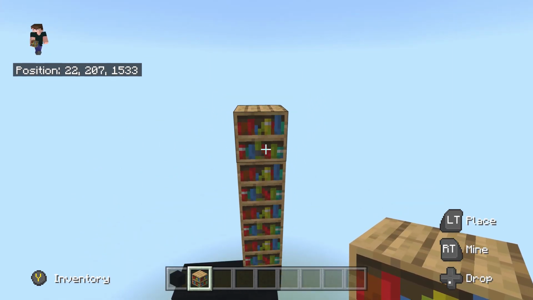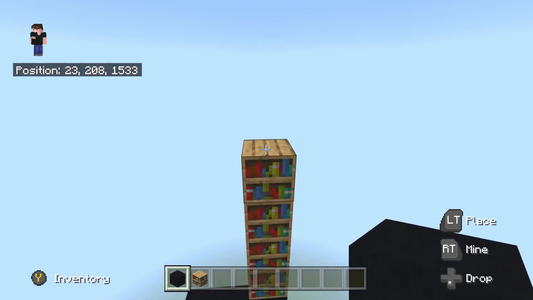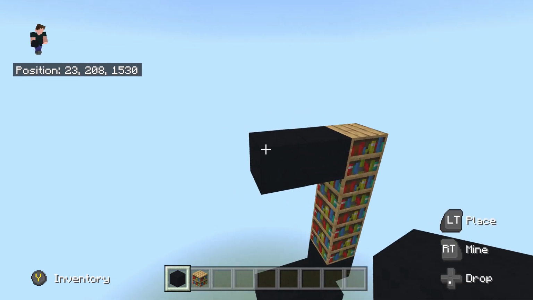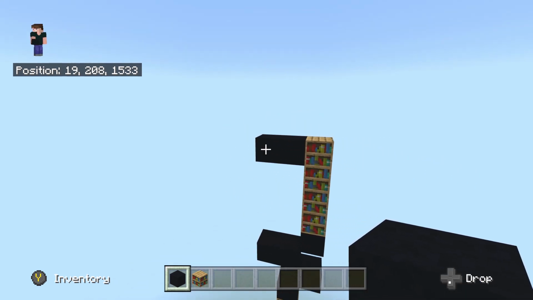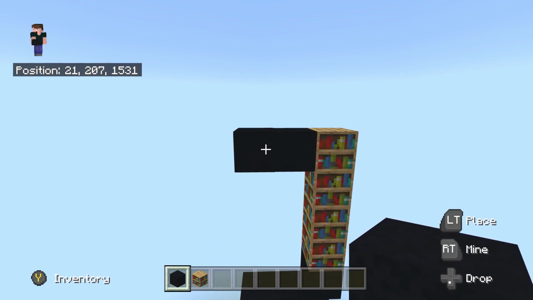Well, once you place 4 bookshelves going on top, we're going to take out our black concrete. And we're going to place 2 black concrete going to the left from these 4 bookshelves. So 1 and 2, just like so. And there you go. Once you place that 2 black concrete going to the left of those 4 bookshelves, we're